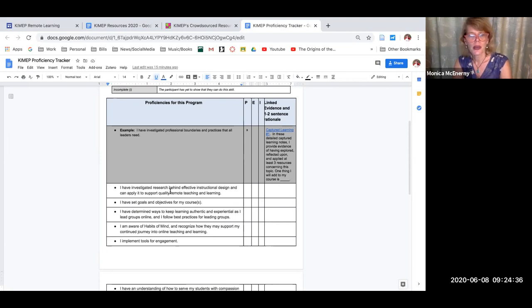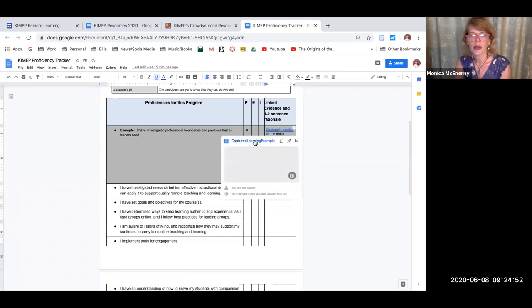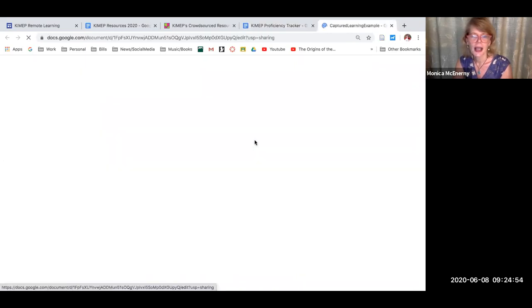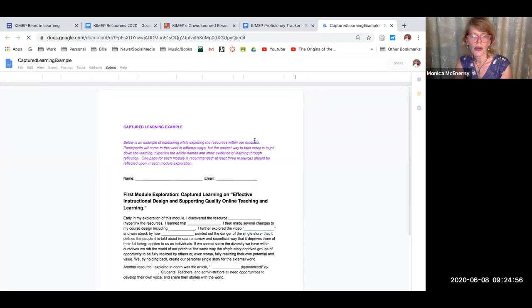So the first one, I've investigated research behind effective instructional design and can apply it to support quality remote teaching and learning. You might place one of your captured learning documents here as a link. For example, in this example here, I have linked Captured Learning 1, and I've actually provided for you also a